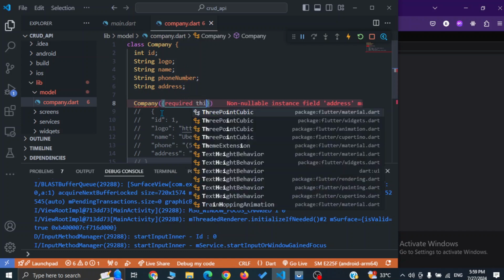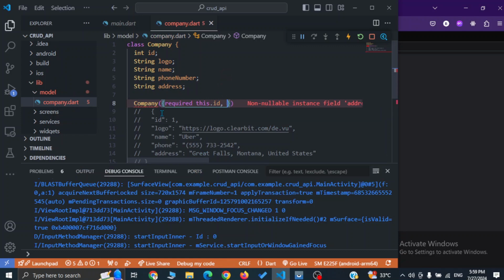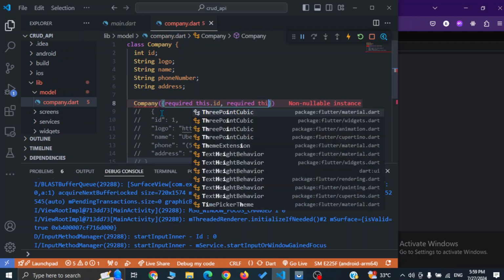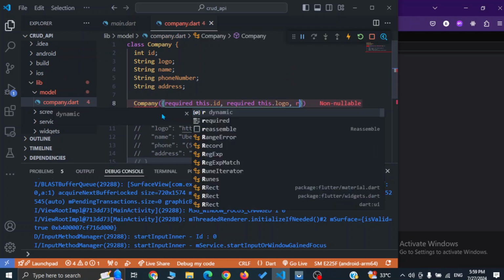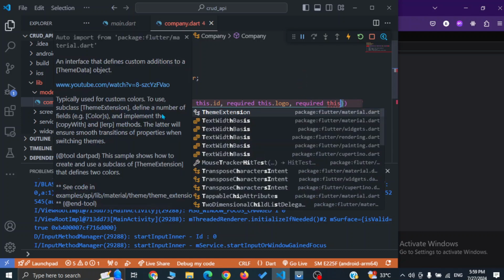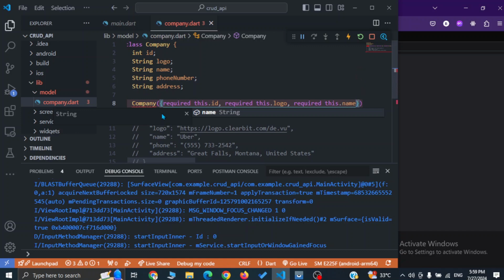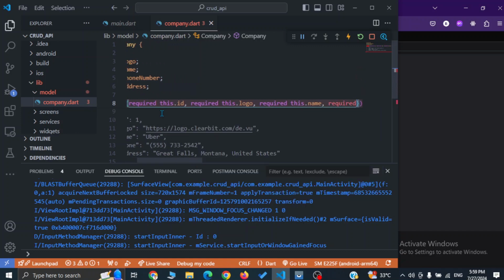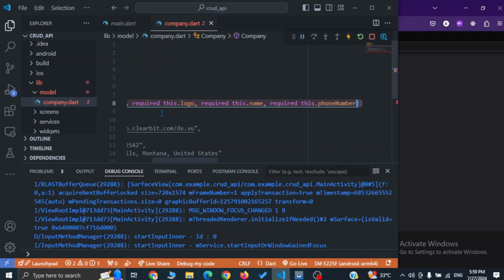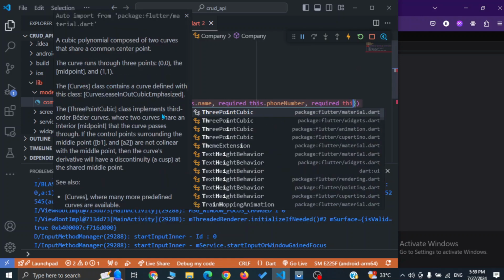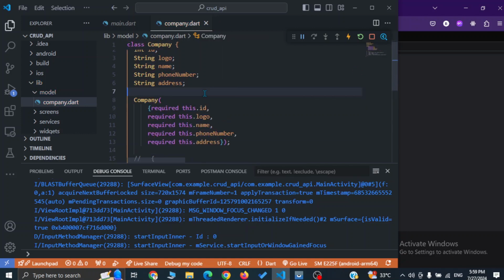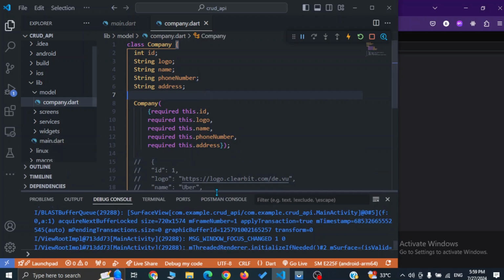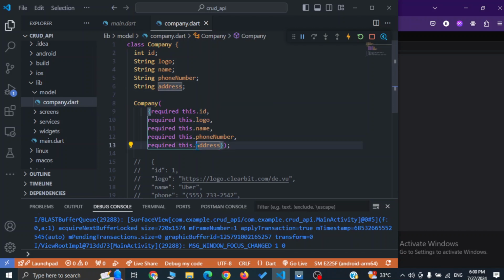Required this dot id, comma, required this dot logo, comma, required this dot name, required this dot phone number, and required this dot address. Let me close this with the semicolon,